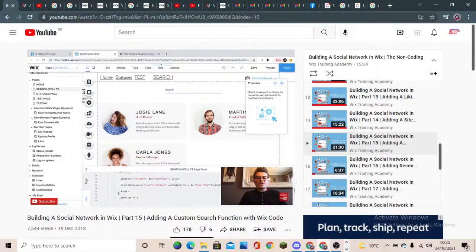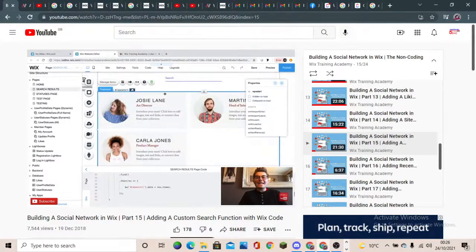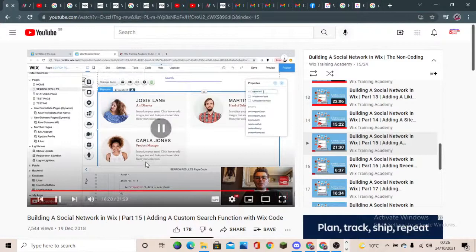And then the final part says here .find. So it's saying find it in the database. So if it finds any of these following criteria in the database, it then says .then. This means after it finds it, it says and then it says results. So the res means results in repeater 1. So this $w in repeater 1 means it's going to display the results in repeater 1. Repeater 1 is the ID of this repeater that I have here. You can see the ID, repeater